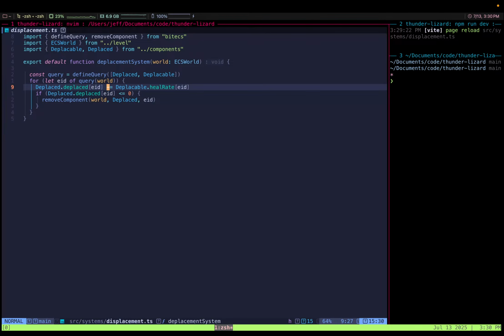Because these are, what is this? This is an int 8. And so it will rotate around if you go under 0, it'll rotate back around to 256. So I could go back to making these signed, or I can do,